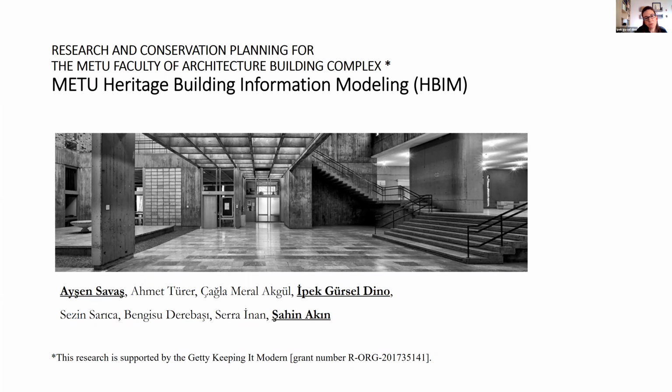The last project that I want to talk about was a part of the Research and Conservation Planning for METU Faculty of Architecture Building Complex project funded by the Getty Foundation. Here we developed a planning document for our faculty building in collaboration with departments of architecture and civil engineering. But in this talk, I specifically would like to focus on a model, a heritage building information model that